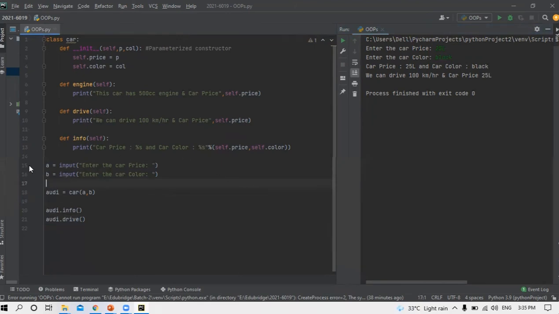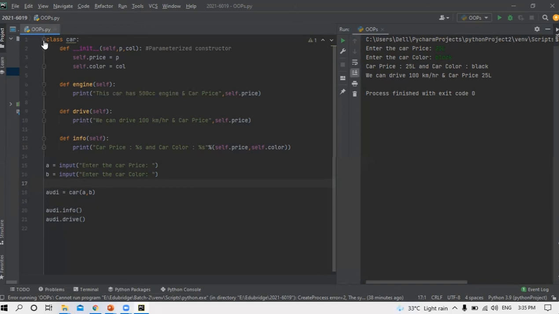So why is it asking first, enter the car price, enter the color? Because Python follows top to bottom, but this is the object oriented concept. So let me show you what exactly the process is here. This is the object oriented flow. First it will check line number 1, and then it's a class, so it does not enter inside. Then it goes directly to line number 15, line number 16, line number 18. So 18 is just creating the object of the class.